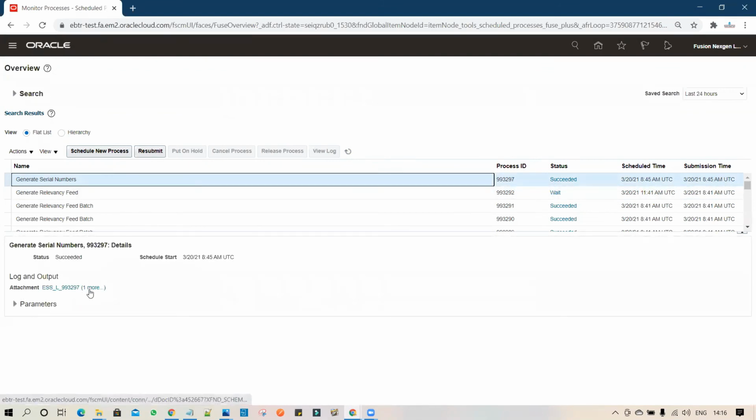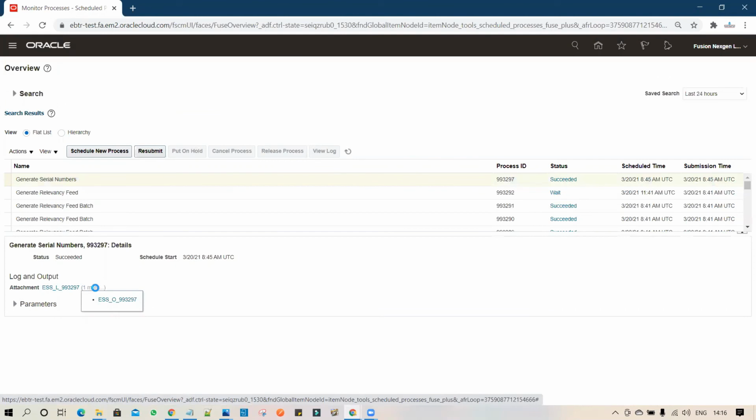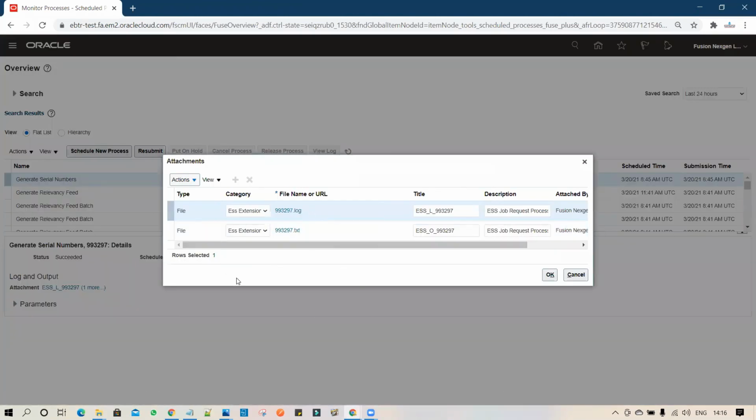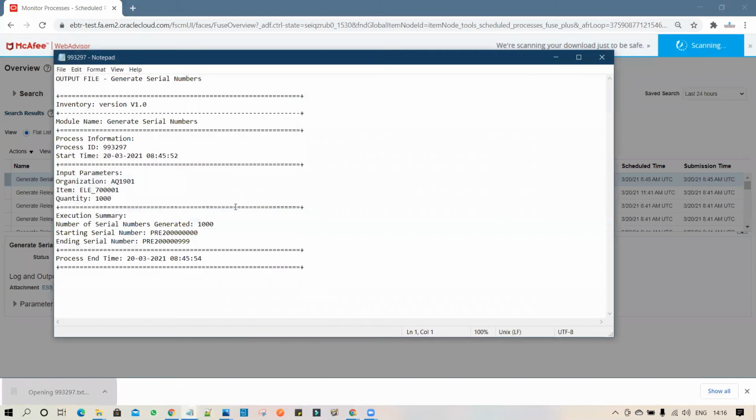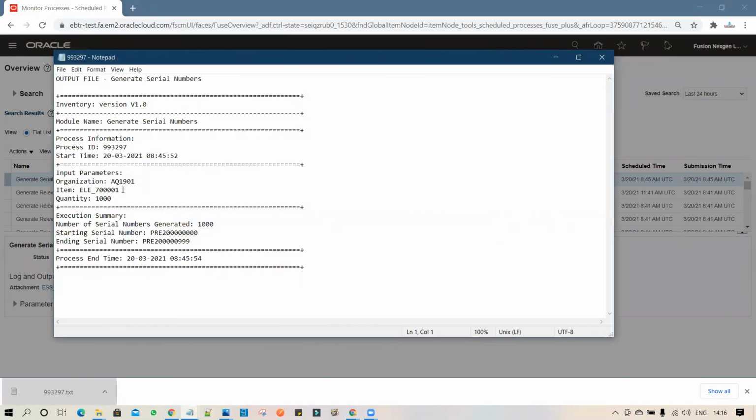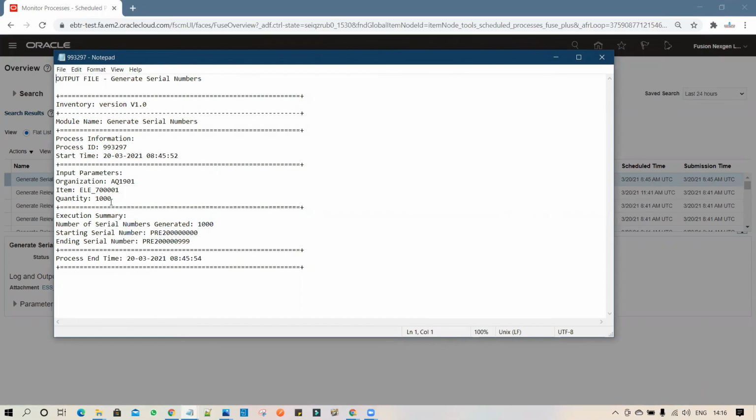Now if you go to the attachment, click on More. Under this attachment you have two outputs, one is the log and one is the text. If you click on the text and open it, you can see the parameters we have entered. The system displays all those parameters, including the 1000 quantity.